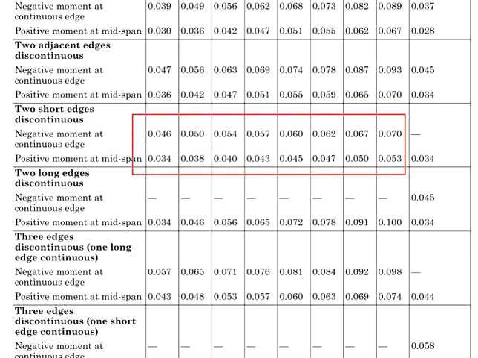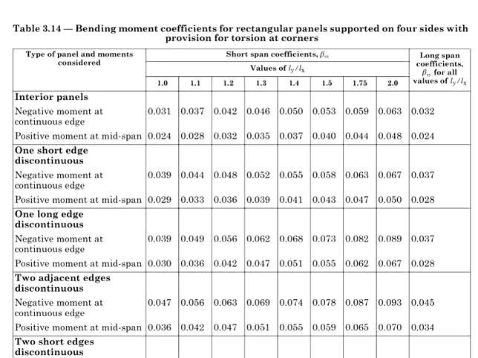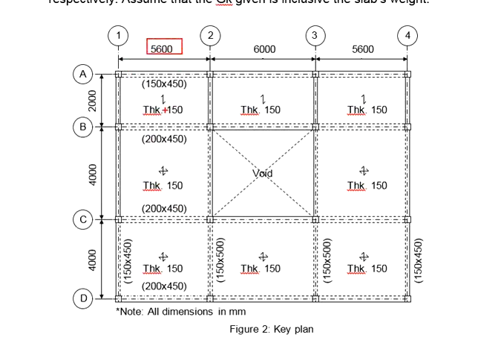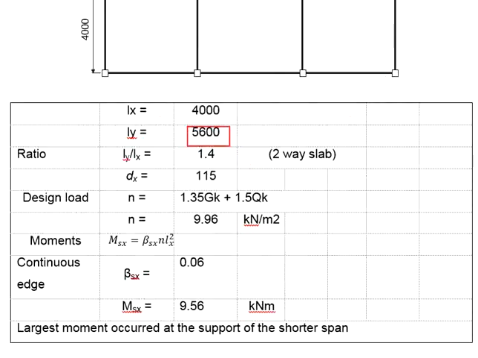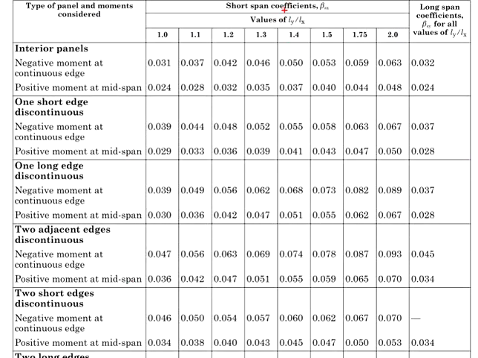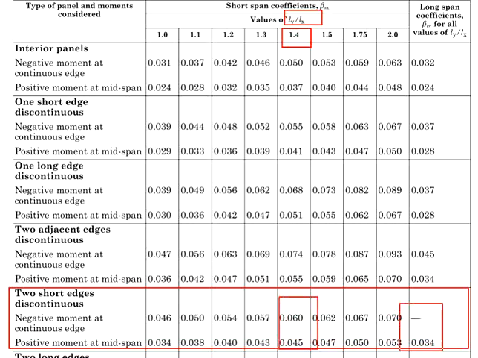Now, out of so many numbers here, which number should be used? This refers to the Ly per Lx ratio. From the key plan, the Ly is 5.6 meters and the Lx is 4 meters. Take 5.6 meters divided by 4 meters, you get your Ly per Lx equals 1.4. The Ly per Lx ratio is less than 2.0. That means it's going to be a two-way slab. With that, take the Ly per Lx ratio equals 1.4, which refers to the classification of two short edges discontinuous. That means you get these coefficients: